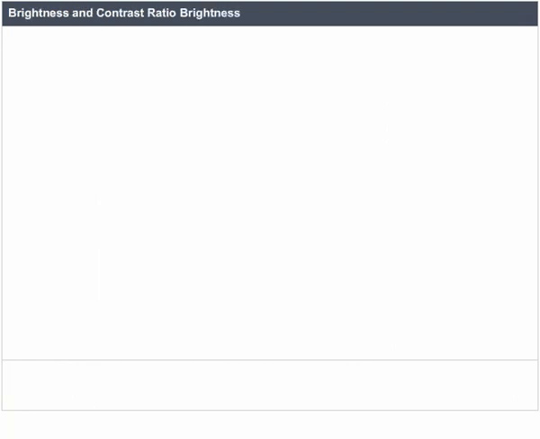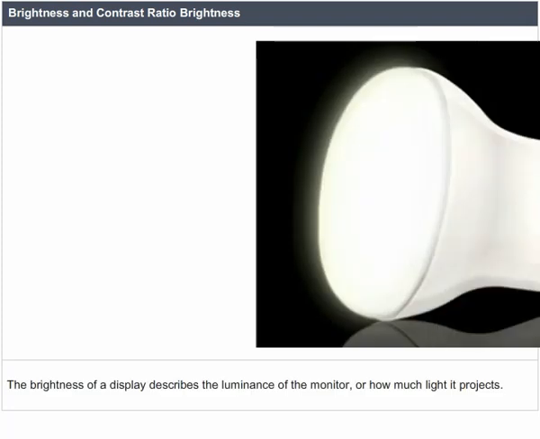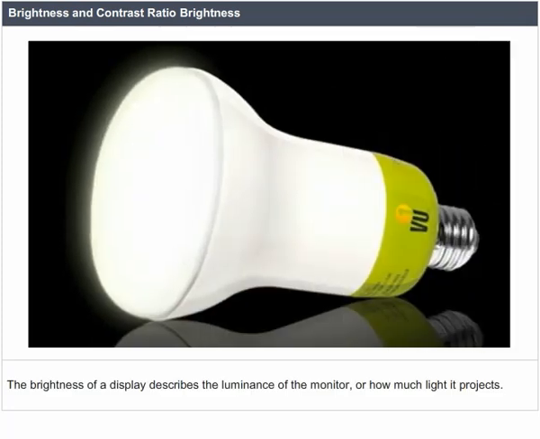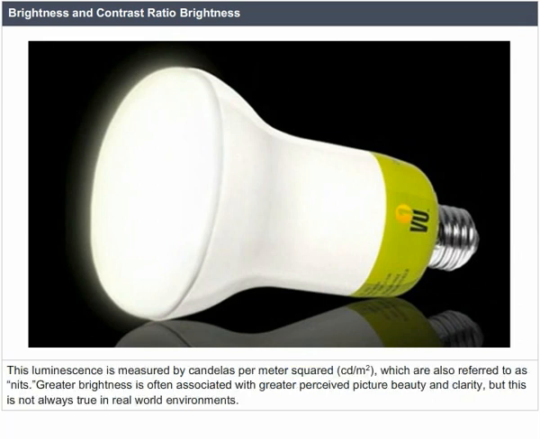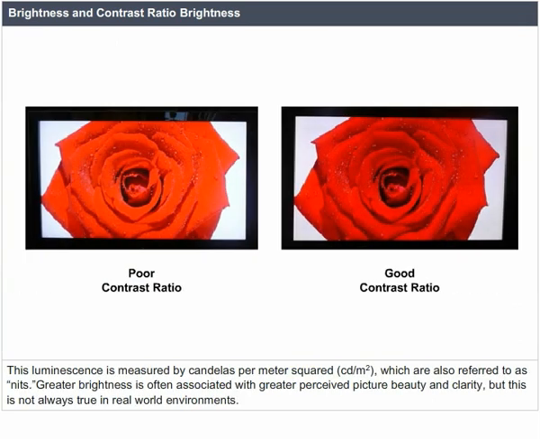Brightness and contrast ratio. Brightness. The brightness of a display describes the luminance of the monitor, or how much light it projects. This luminance is measured in candelas per meter squared, which are also referred to as nits. Greater brightness is often associated with greater perceived picture quality and clarity, but this is not always true in real-world